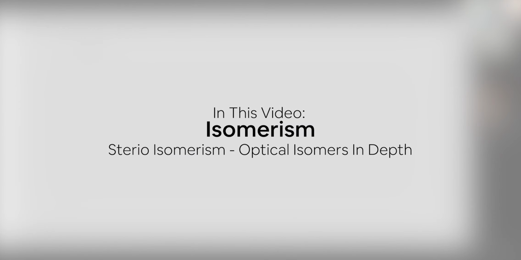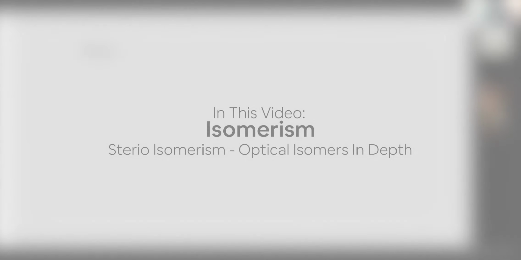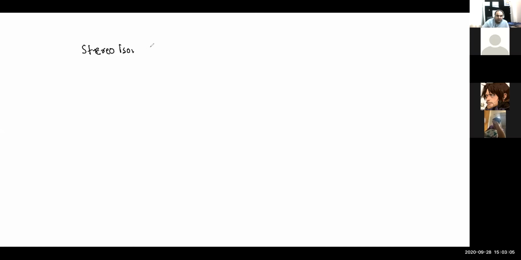So we'll start with stereoisomerism. This is the most complicated topic in organic chemistry. Complicated, at least on my end, it's very complicated. So stereochemistry is basically